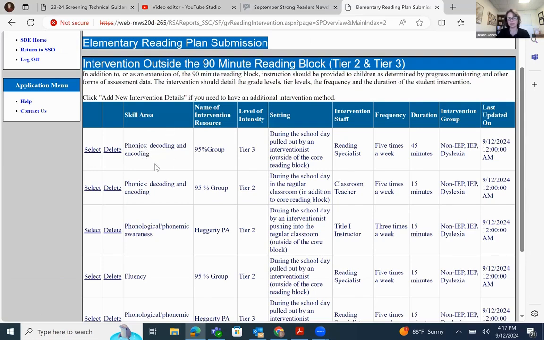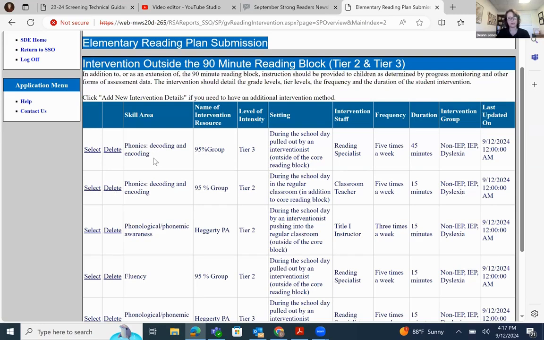I've entered 2 for phonics and decoding, tier 2 and a tier 3, and I've specified the setting, the intervention, the frequency, the duration, as well as intervention groups. You're going to click if it's including non-IEP students, IEP students, or students demonstrating the characteristics of dyslexia, and it could be all of these or some of these.